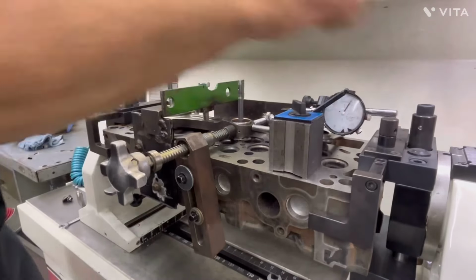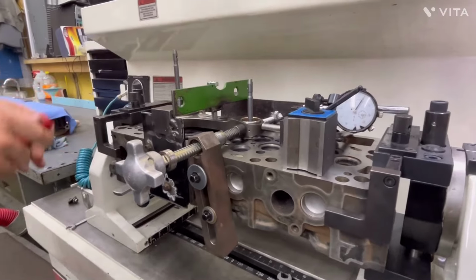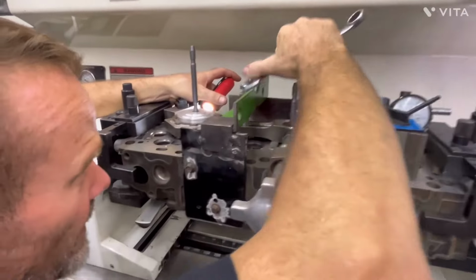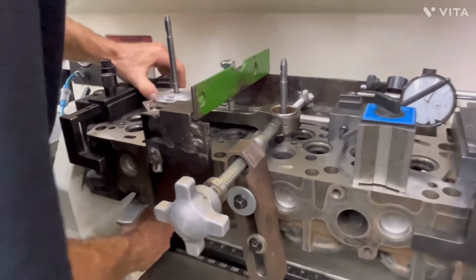Could be tight, tight. Okay, that is not tight yet. I think I want to come down here and do this again. Okay. Like dust on it. There it goes. It touched. I saw it. Okay, let's